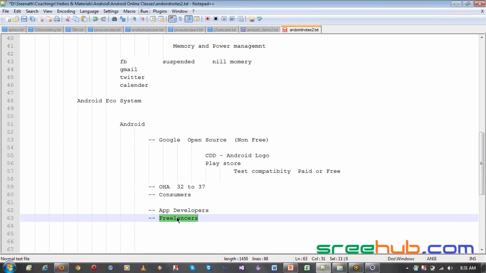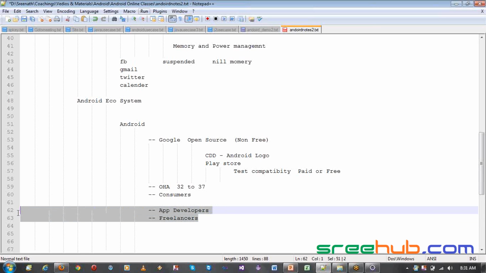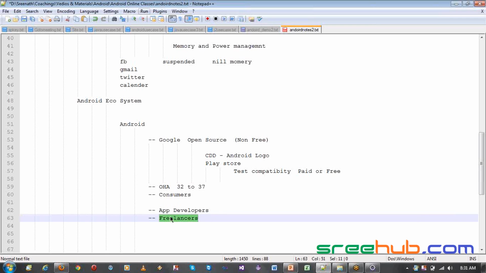You're working on your own. That's our freelancer. We come under these two, right? If you have any idea in your mind, you can just develop an app and get requests from freelancing. We have got many freelancer sites, right, where out of 10 requests,